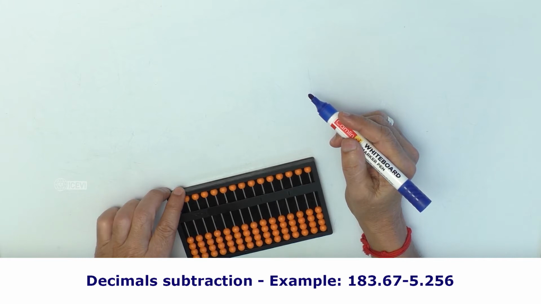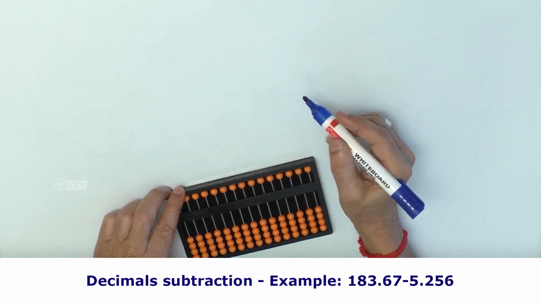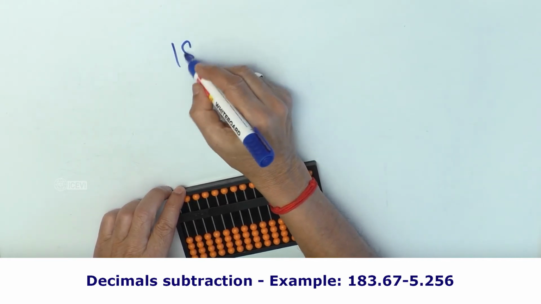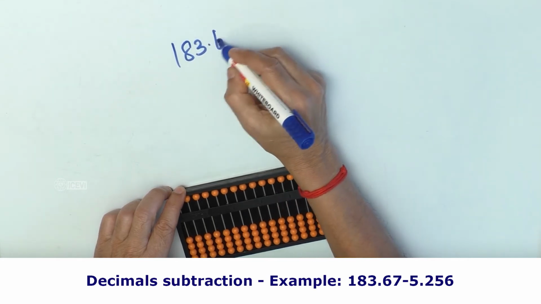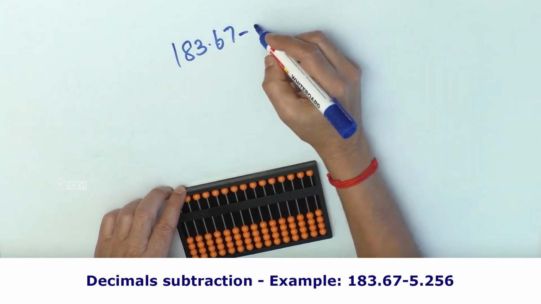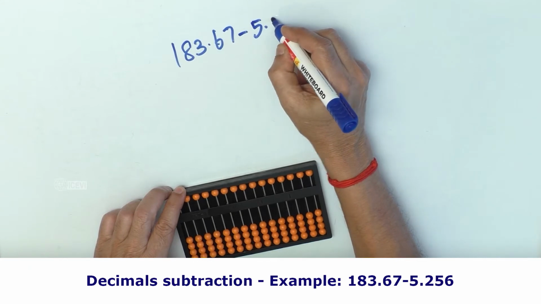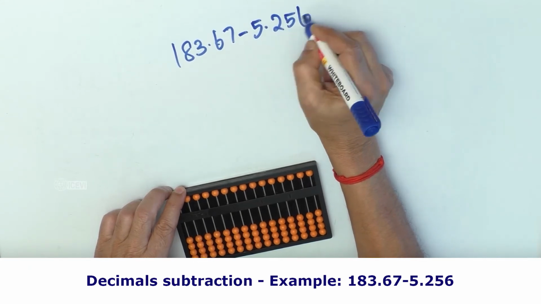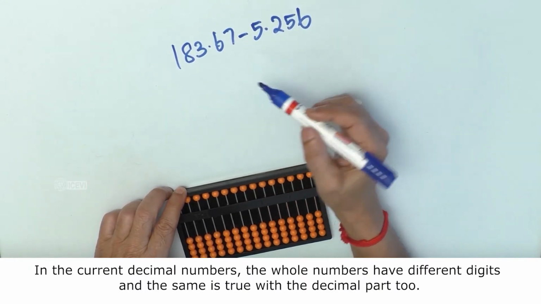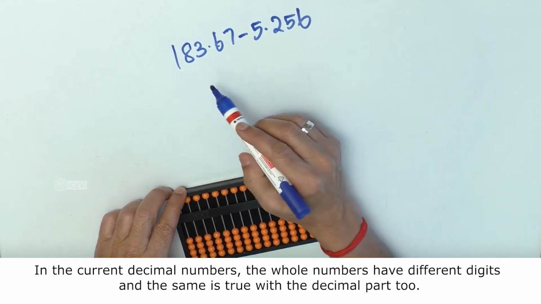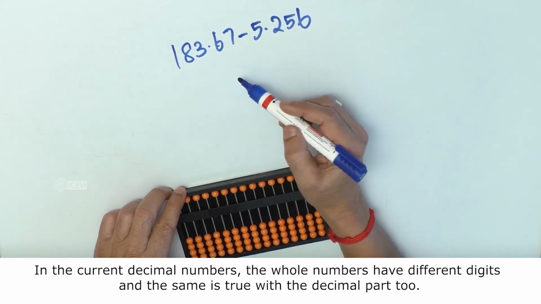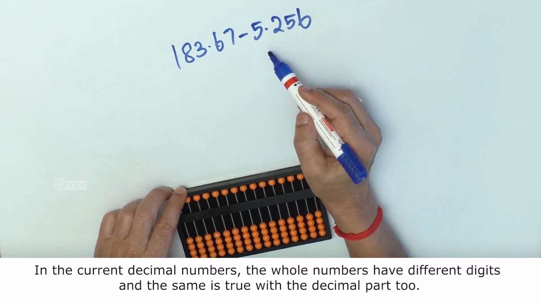Title of the video: Decimal Subtraction, example. 183.67 minus 5.256. In the current decimal numbers, the whole numbers have different digits, and the same is true with the decimal